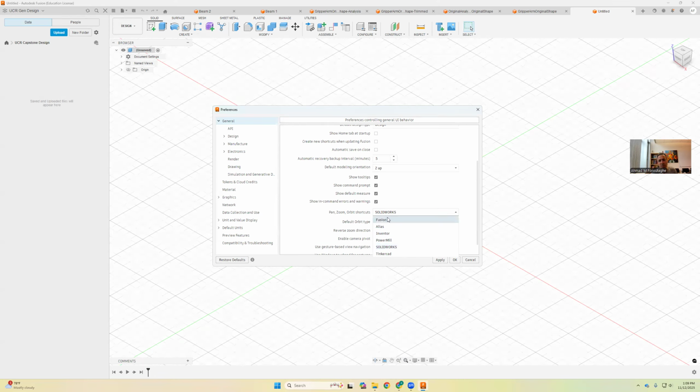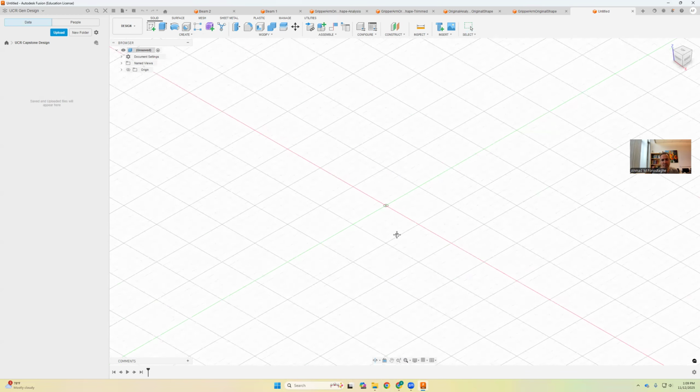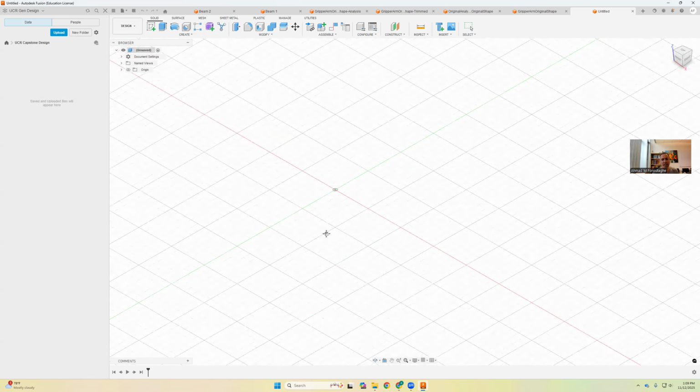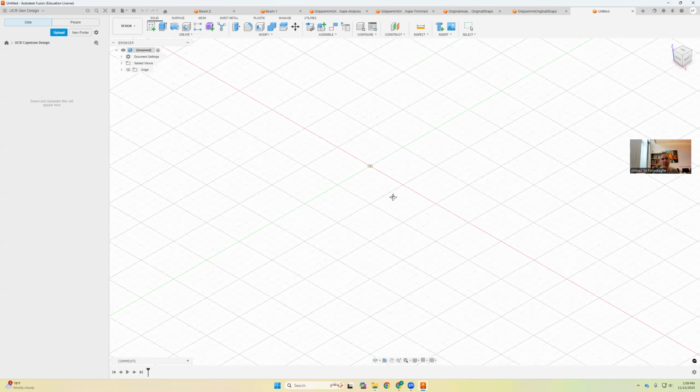I'm used to Fusion. So it is just for orbiting and zooming and panning and moving the object. So it's not that important, the shortcut to do so. I'll click Fusion, OK. With Fusion, if I press the middle button on my mouse, then I can simply move an object. So you see I'm moving the